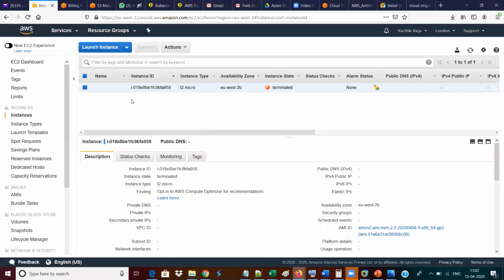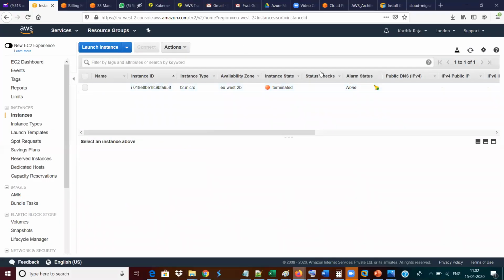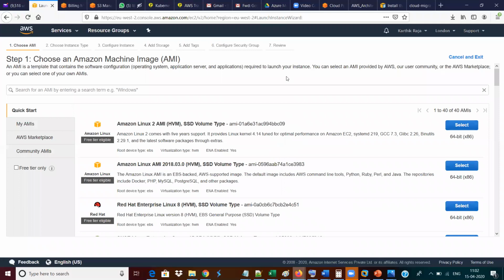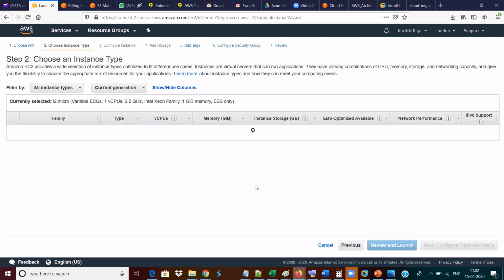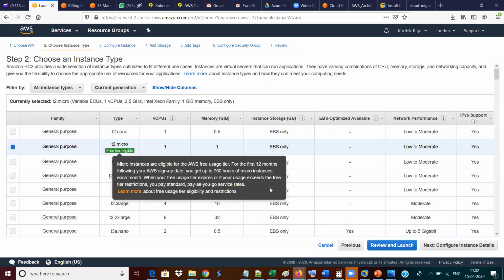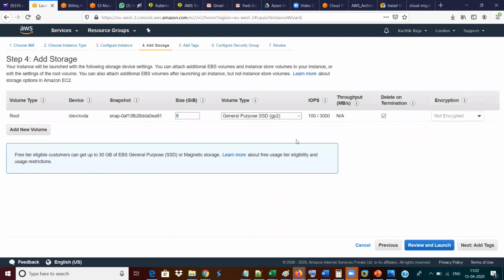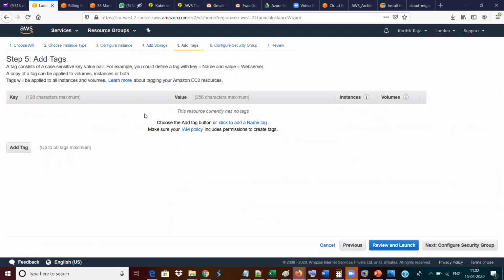So what I'm going to do is create one virtual machine. Mostly everybody here may know what a virtual machine is and how to create one, so I'm directly going to create it. Just listen to how I'm creating it. I'm creating a virtual machine using Amazon Linux, and T2.micro is going to be the model I use. I'm going to configure it with the default configuration in the third step, and 8 GB of hard disk is more than enough for my Git activities, so I'm going to leave it as is. I'm going to name this machine Git, but not now, later on.